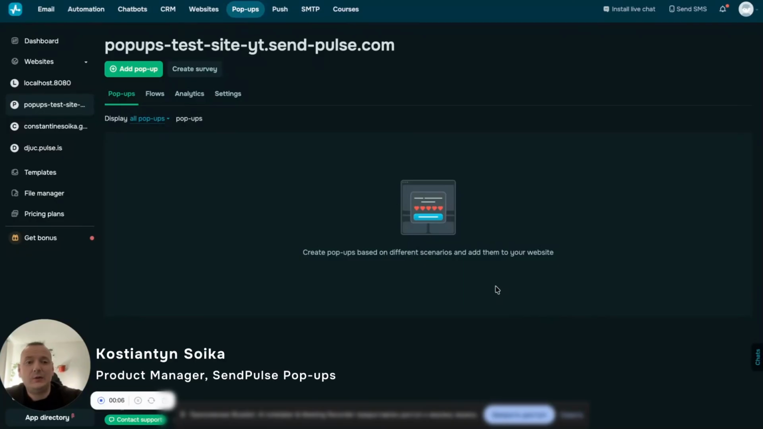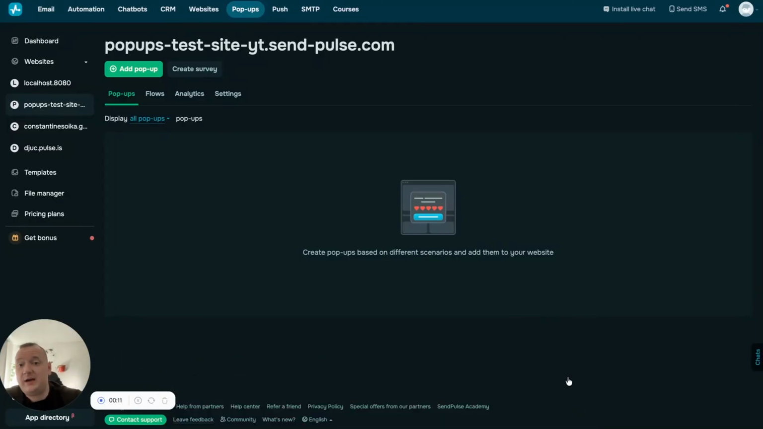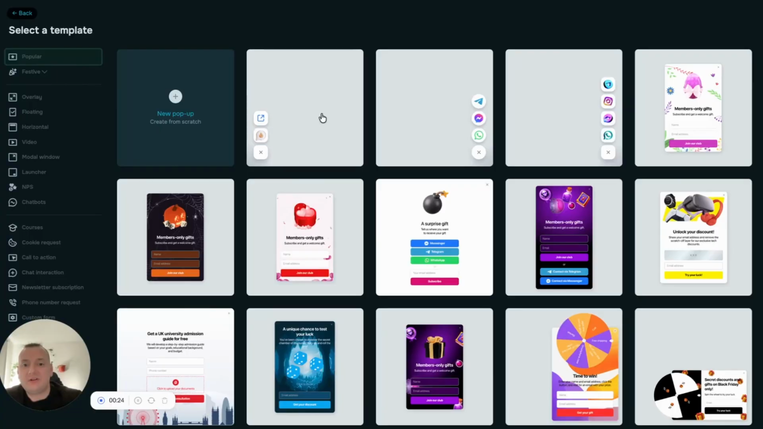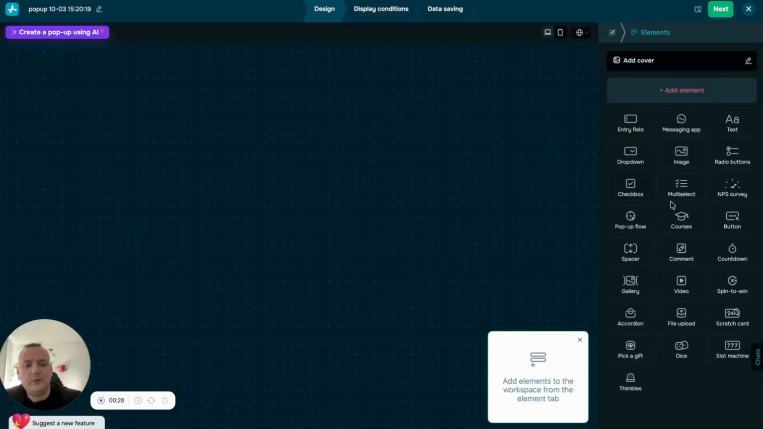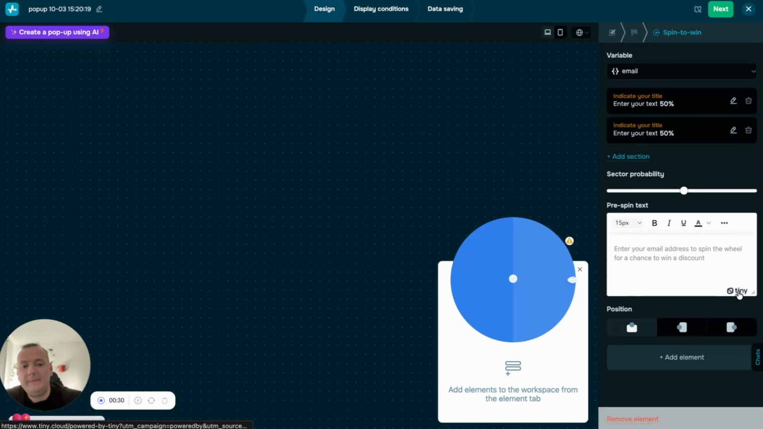And today I will prove the point that even if the pop-up service won't fly, we will always be able to convert to some kind of casino, because we are starting with our gamification elements. And today we're looking at the spin to win element. Let's go through the general settings of that element. To do that, we'll first create a new pop-up and add the spin to win to it, and we'll see